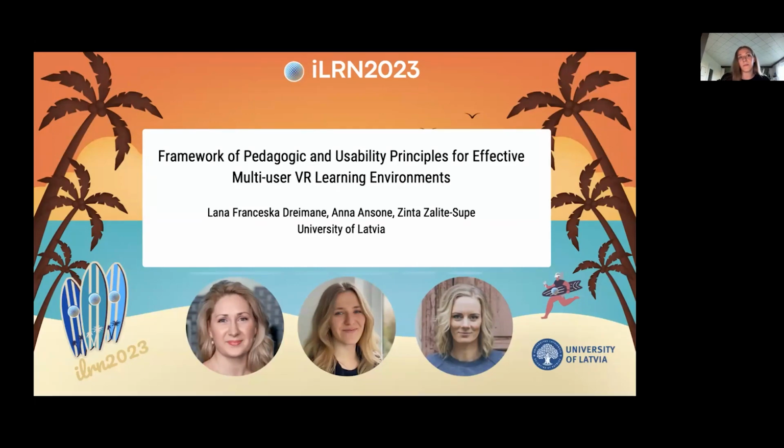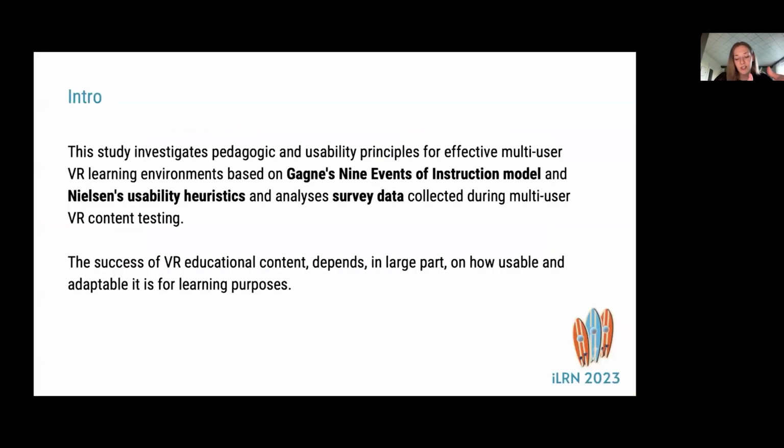And for VR technologies to become an easy to use tool in higher education, educators need to be able to create and edit content themselves. And to support that, it is essential to develop materials and guidelines that can guide and help to ensure quality of learning content and design. So one of the essential aspects that we are looking in is usability.